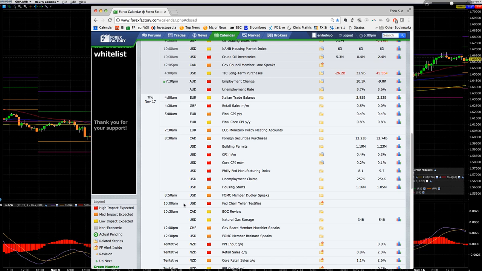In terms of US dollar data, the only thing we're looking at is really CPI and core CPI. So CPI month to month, we are expecting 0.4%. The maximum number is 0.5. So if you see anything above 0.5, you can long the US dollar. The minimum is 0.2%. If you see anything below 0.2%, you can short the US dollar. In terms of core CPI,